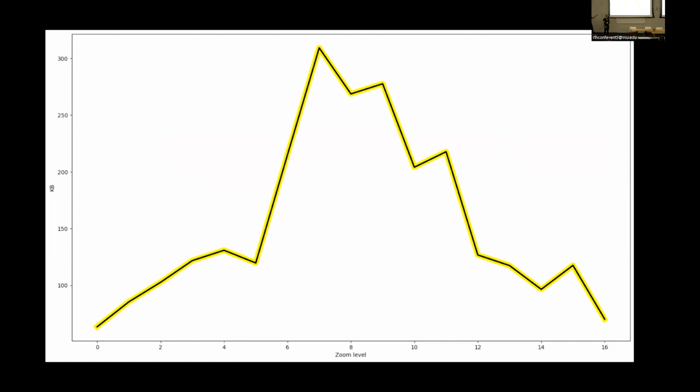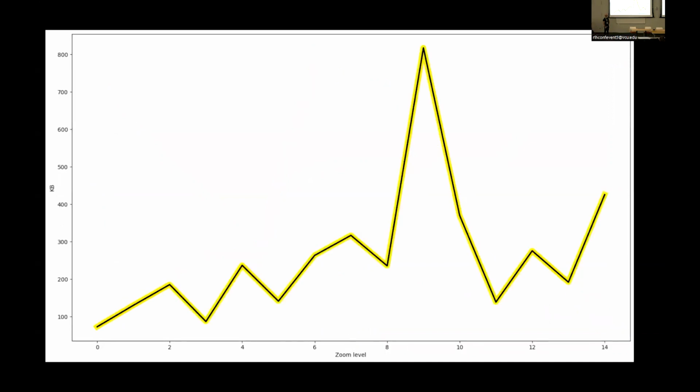You can see this in uses where zoom 8 is where you get the meat of the tile sizes here. This is an OpenMapTiles-based schema. In this case, it's a little bit different. You can see there's this big peak at a middle zoom and you see it increasing there. So when we're trying to solve for making tiles smaller, we're not trying to tag the real high zoom tiles or the real low zoom tiles. We're really trying to get those big tiles in the middle that cover enough area where they contain a lot of features, but are such that they're